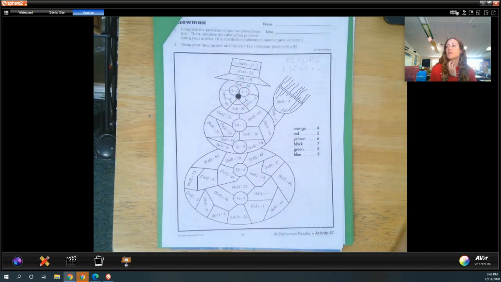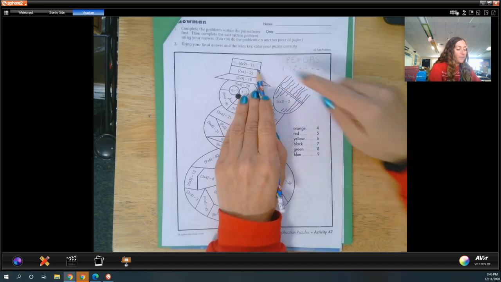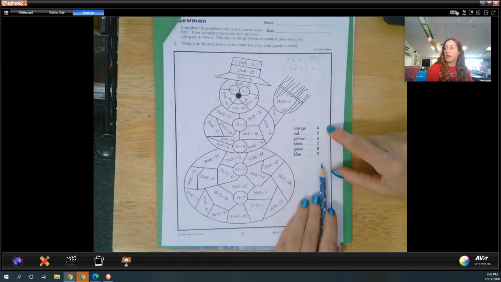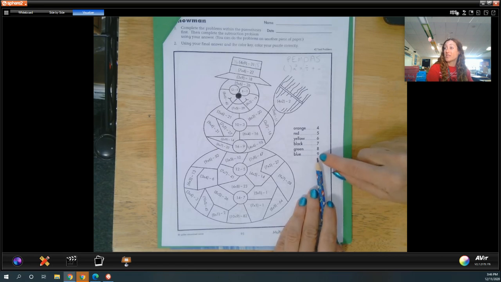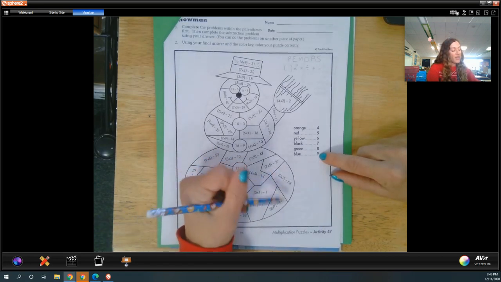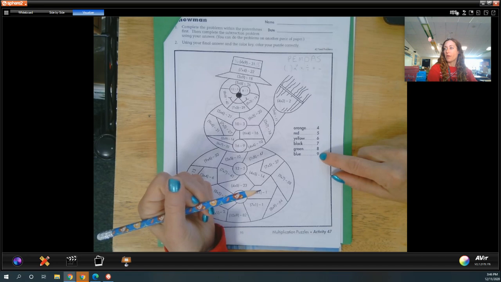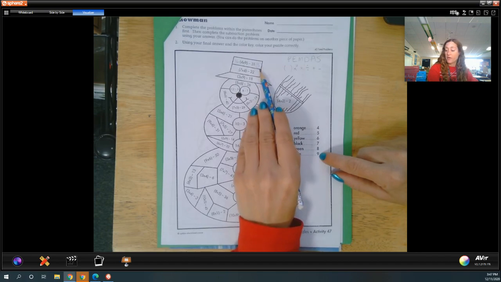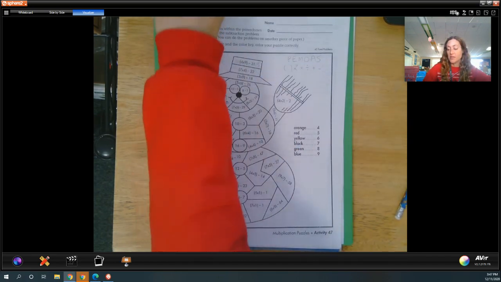So what I like to do is go through and get all my answers done. I circle them so I know. And then what I can do is go back and then color. So here is your key of colors. So if the answer is 9, you would shade that section in blue. All right, remember you do not have to color it, but it helps me to tell if you've gotten it right. So if you have this 5, right, like this, what I would suggest you doing